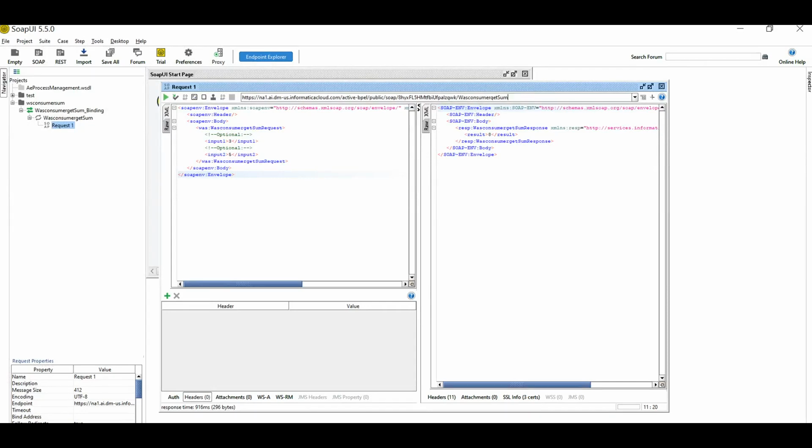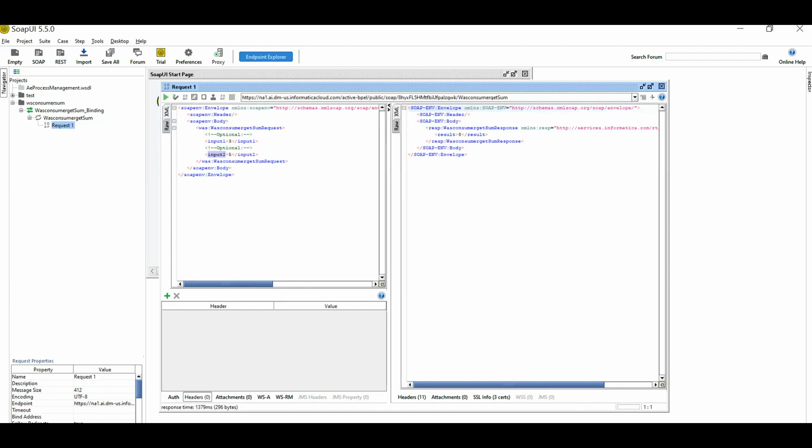Here I am using SoapUI 5.5.0 to test it. You can check which versions are applicable now. I'm passing my inputs here, and while executing it, I'm getting the result. As of now, I have not mentioned any headers specifically dedicated to this particular API. If in your scenario more headers need to be passed, please check on that.